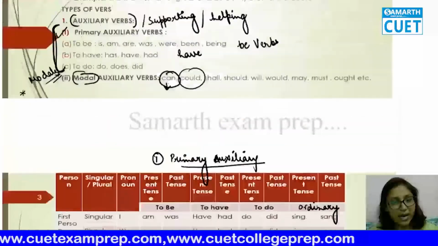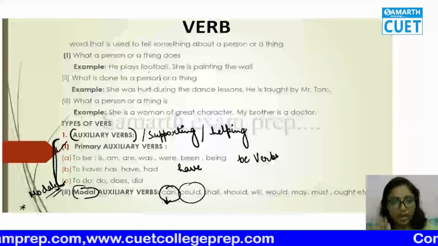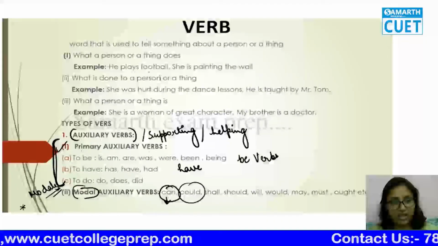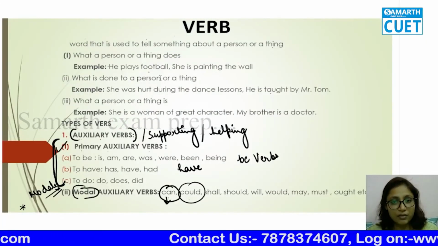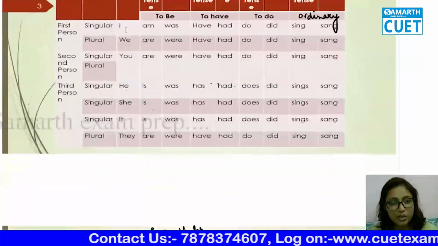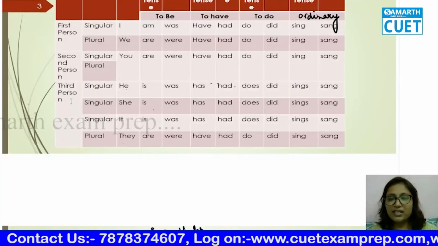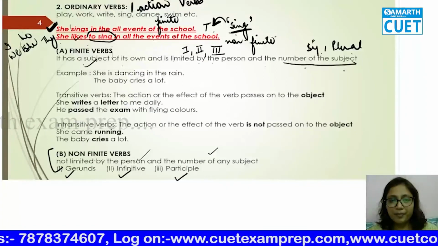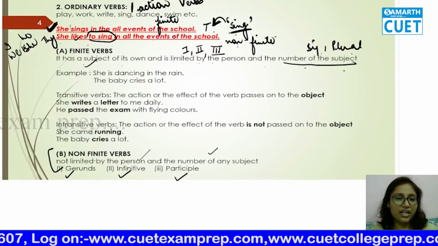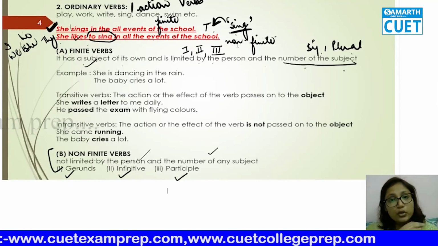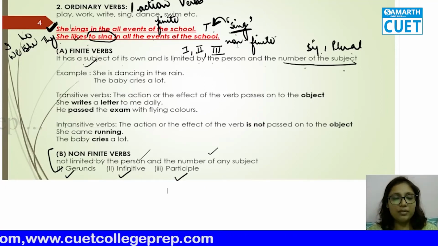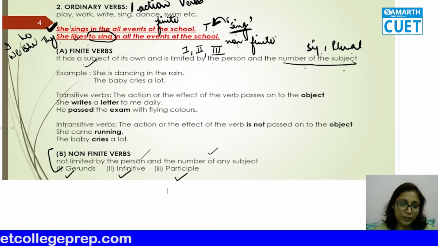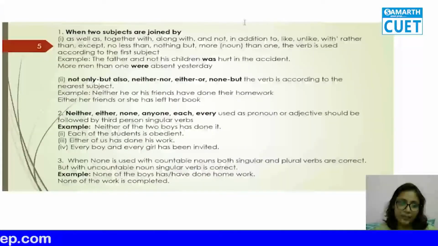I hope by now you people know verb, what is verb, the definition, what exactly is verb, types of verb, the forms of verb which is used by the persons, first person, second person, third person, then the different types, finite, infinite, transitive, intransitive. I hope you all know, right? If you encounter any problem or any doubt, please let me know. We'll discuss it again, but please go through it properly.